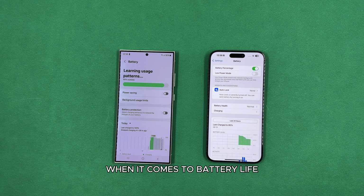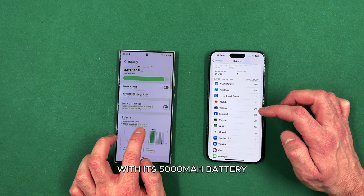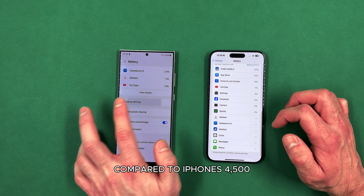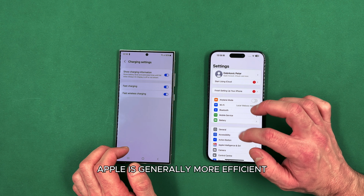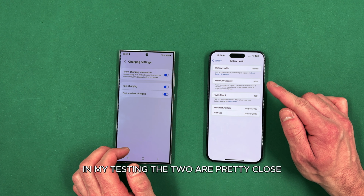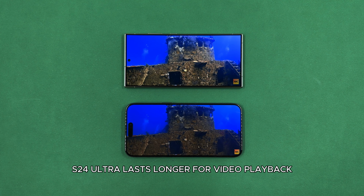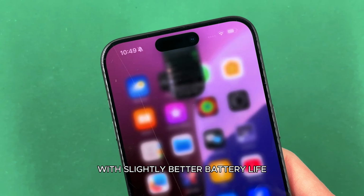When it comes to battery life, the S24 Ultra has the advantage with its 5000 mAh battery compared to iPhone's 4500. But size isn't everything. Apple is generally more efficient because they control the chip, phone and software. In my testing, the two are pretty close. S24 Ultra lasts longer for video playback, but for general use, the iPhone edges out the S24 Ultra in slightly